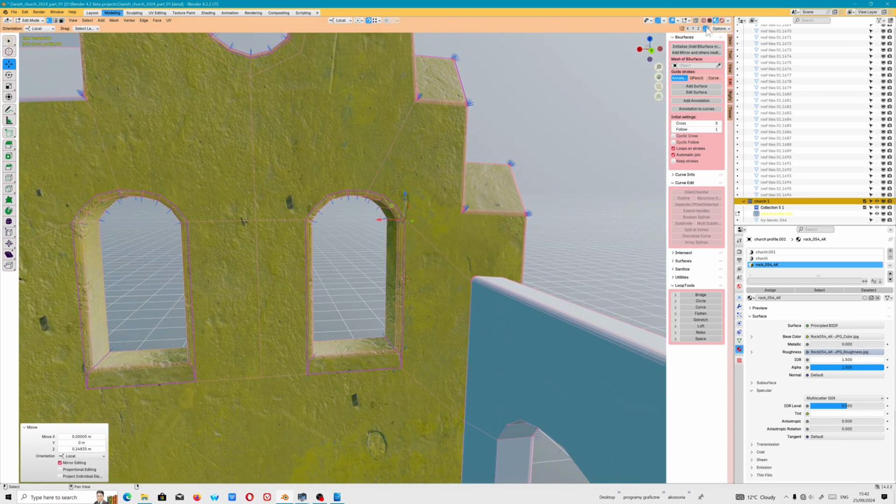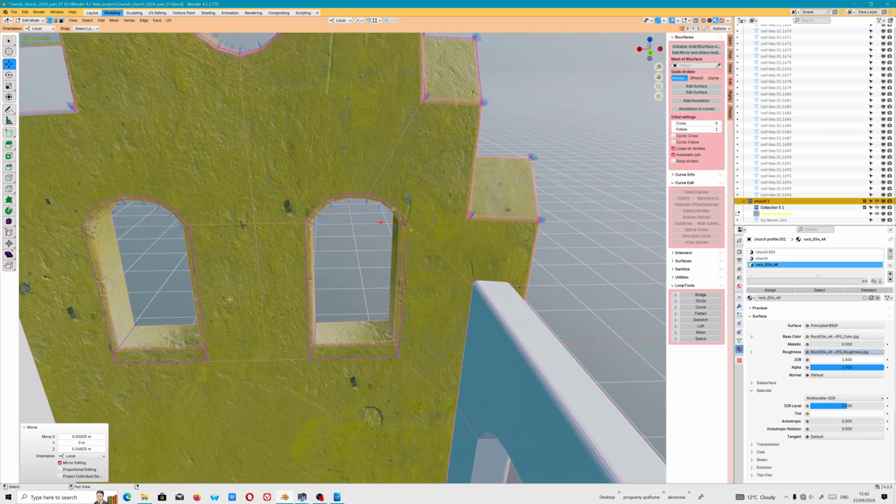We will get our polygon, but you have to deselect this and this. Target Weld in Blender